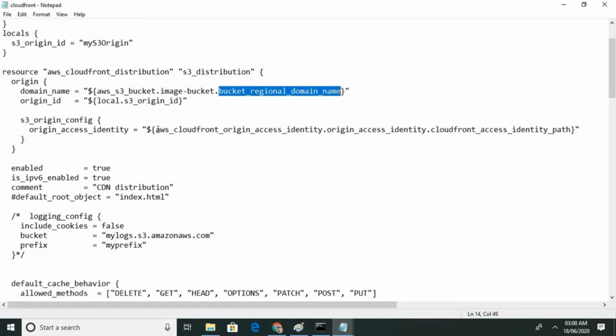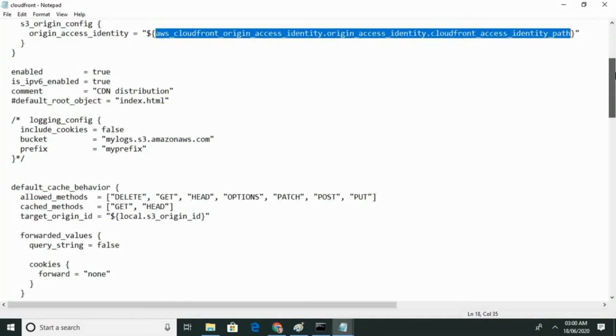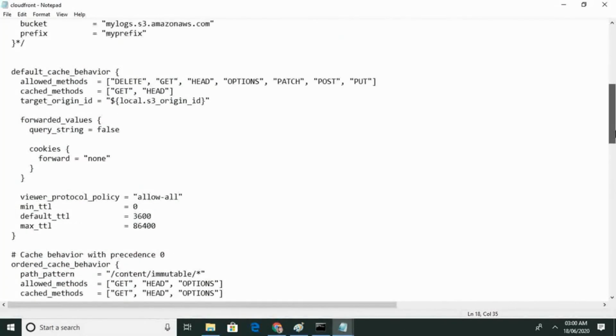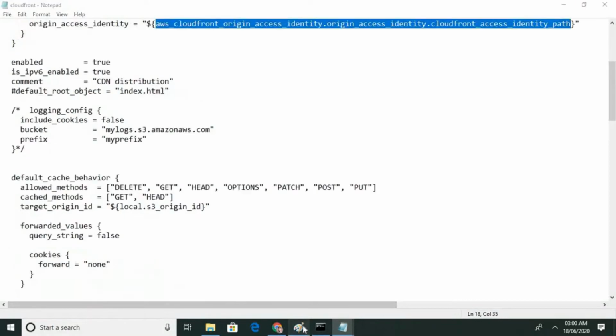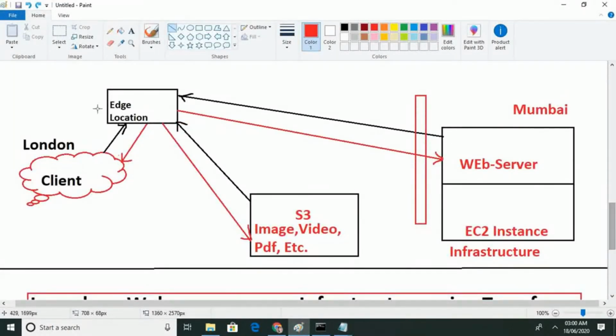This is again the calling path in CloudFront, and this is giving access. As I told you, everything we have in the edge location is stored in a cache. I have shown you the edge location here, and here they have a cache.